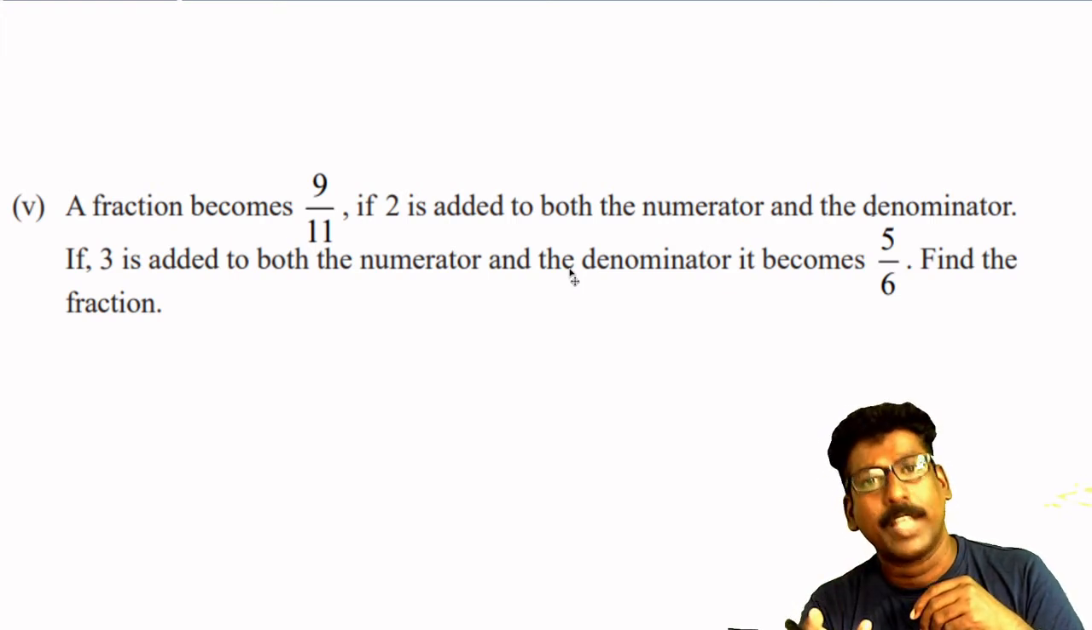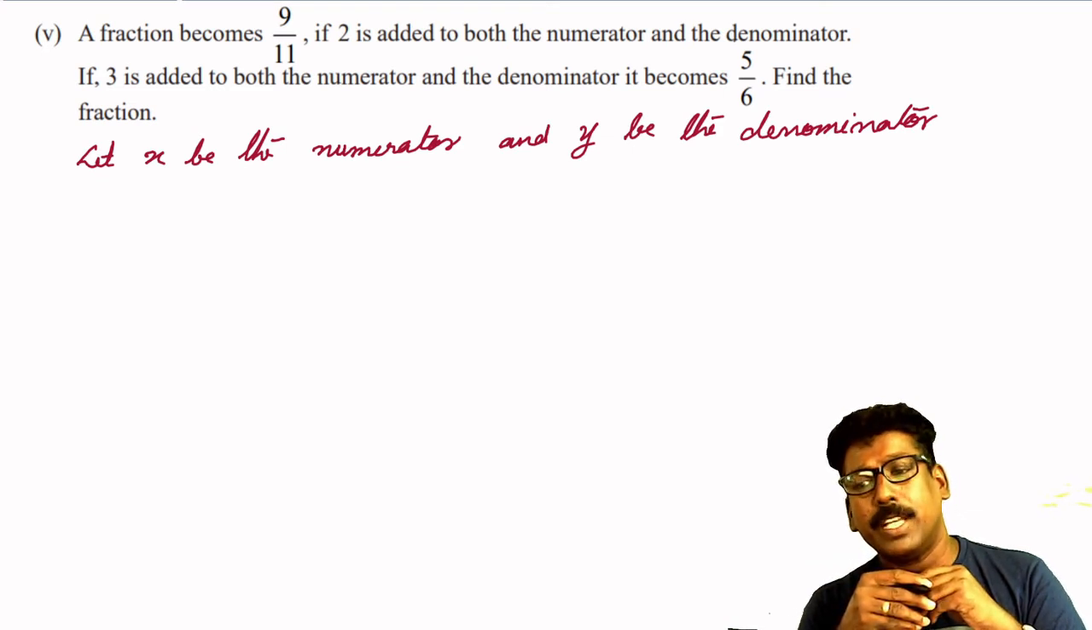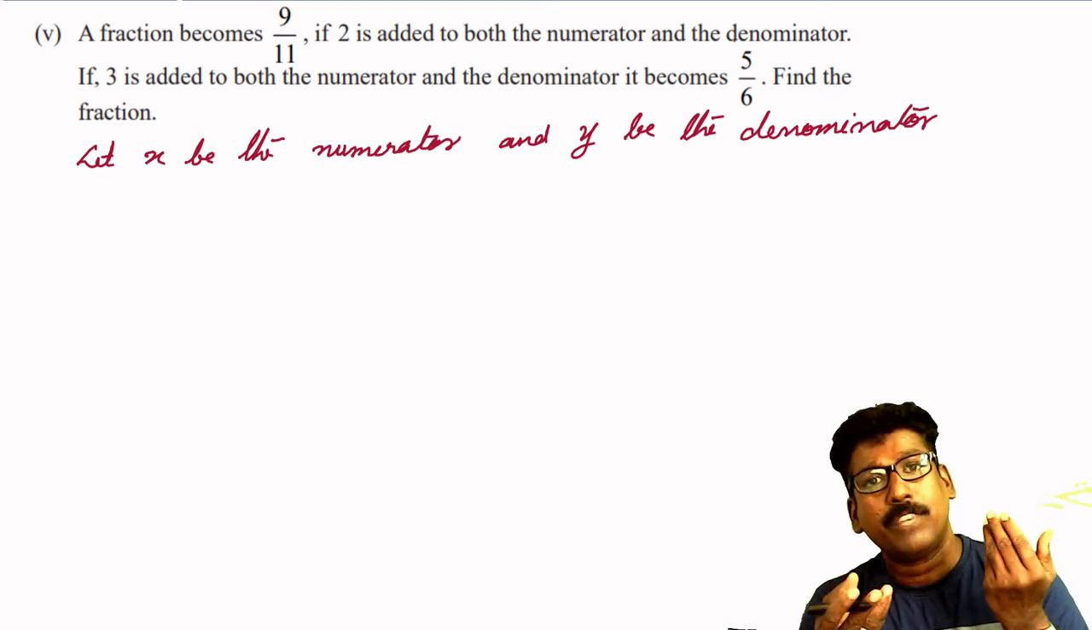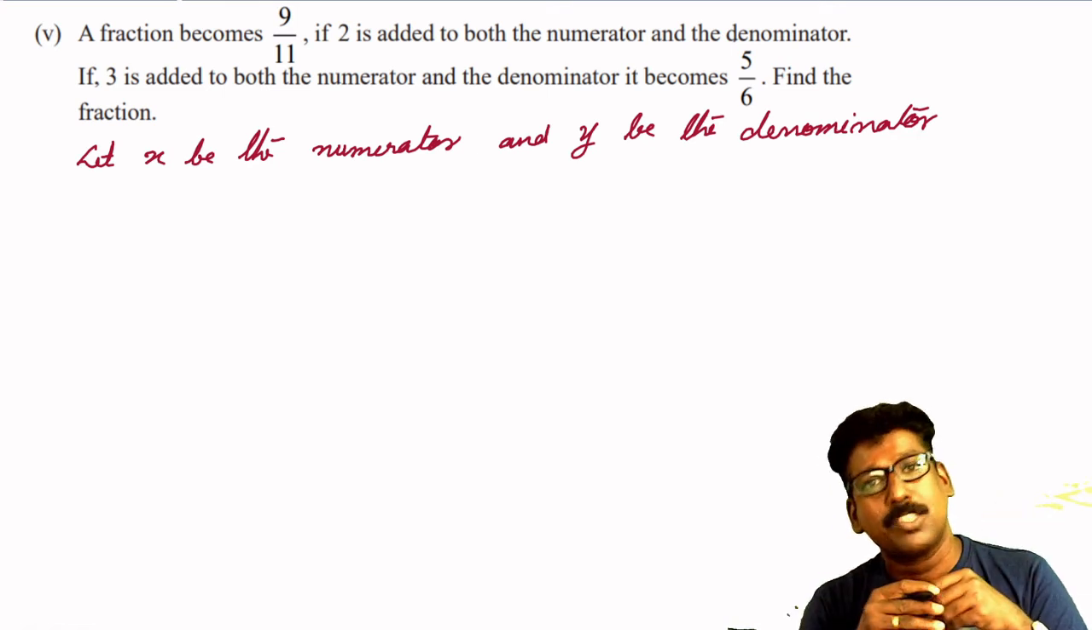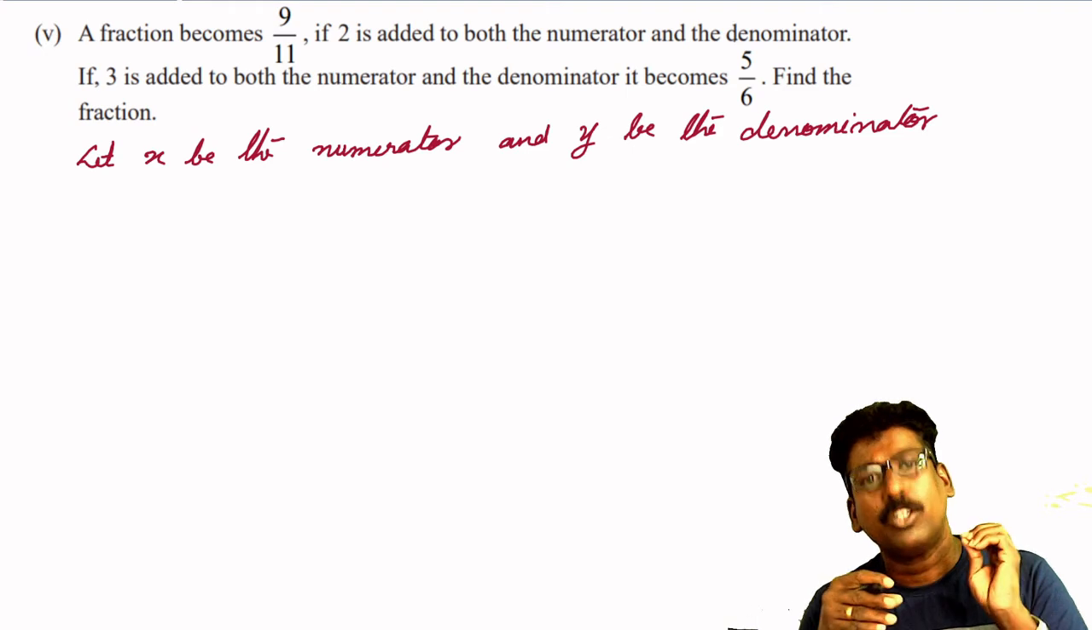So first you can write it as, let x be the numerator and y be the denominator. Then what will be the fraction? Of course it is x by y. So we have to find out x and y. For that, according to the first condition,